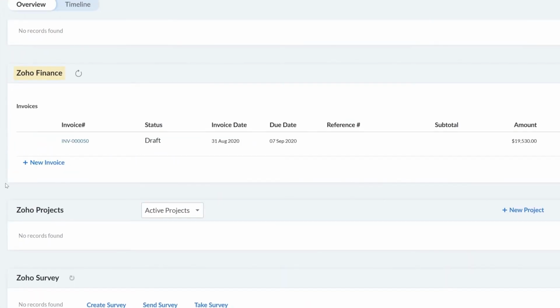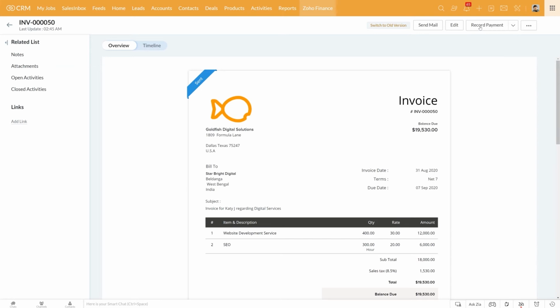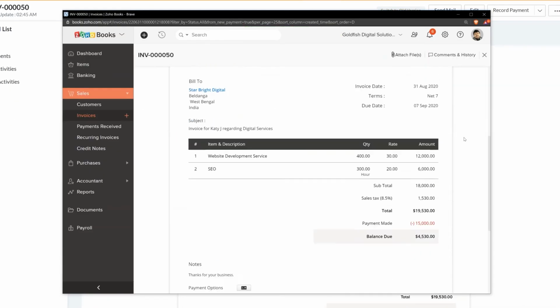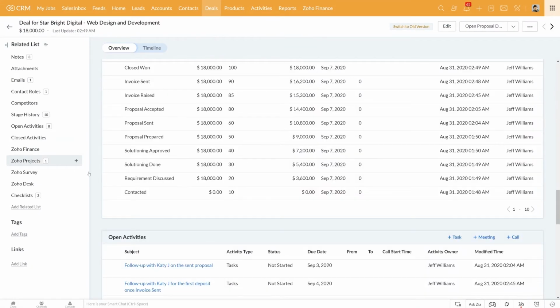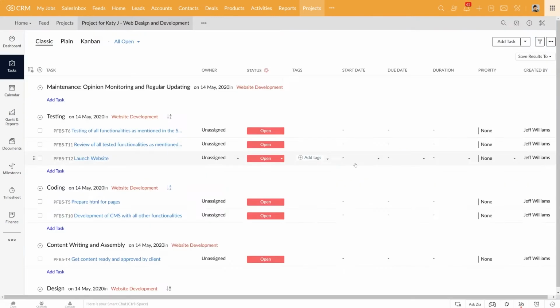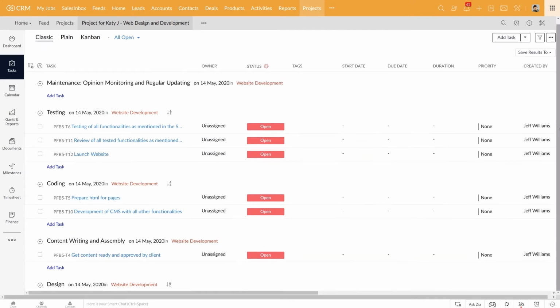Once your prospect agrees to the proposal here, you can generate the invoice right from the CRM itself. Here, you would be using Zoho Books invoice feature, which is integrated with the CRM. In case you take part payments on your invoice, you can capture that from here as well. The moment the invoice status changes to paid, the system can automatically create a project within Zoho Projects. You can create different project templates with milestones and tasks. The system can populate the right template depending on the project type.